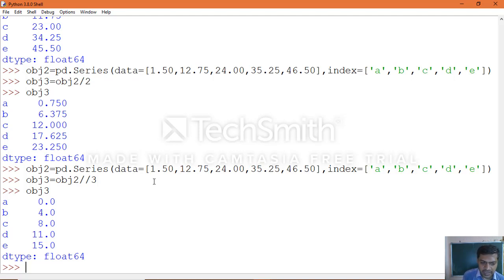Thank you. We will see other additional operations which we can perform on a series object, like arithmetic operations between objects, and how we can filter and sort the data. In the further class you will see how we can make use of the series object for mathematical operations. So thank you.